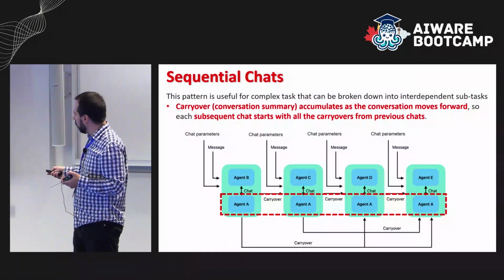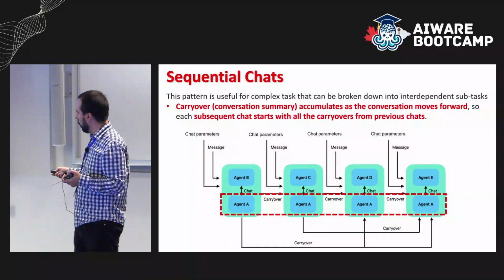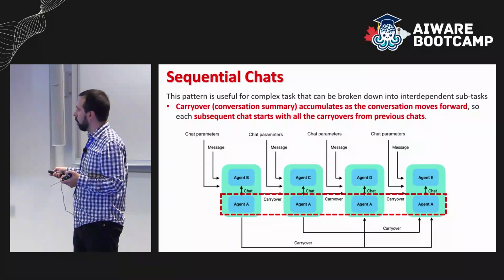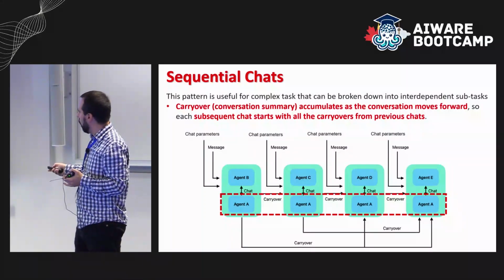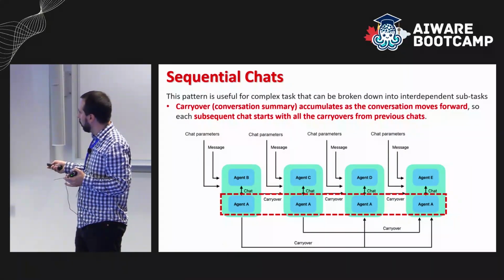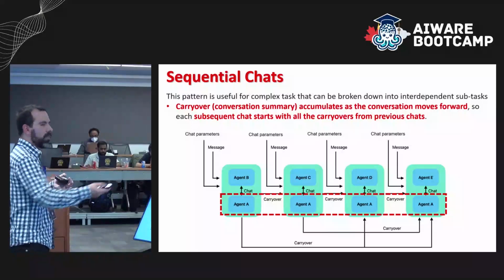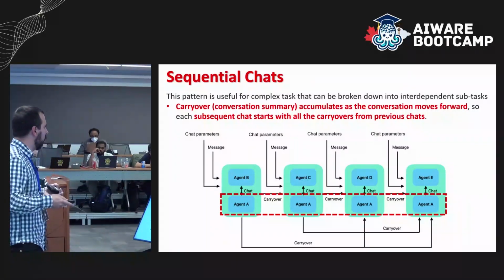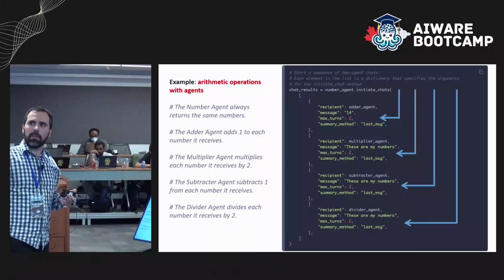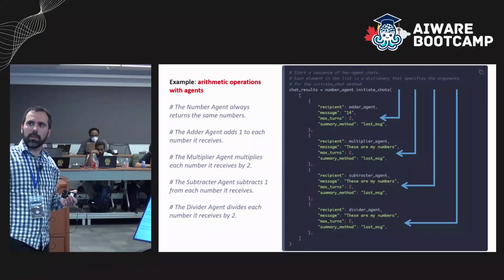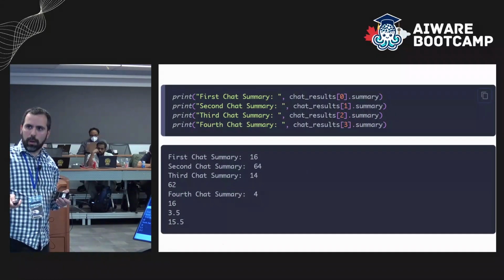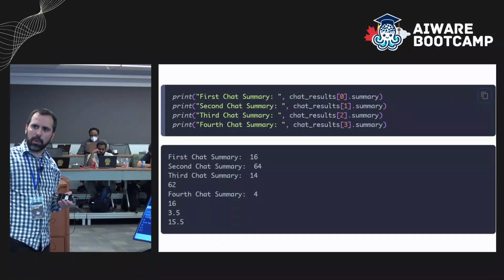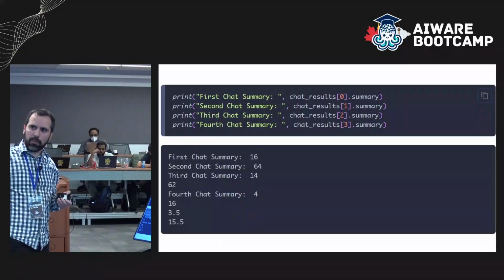But it also carries over the context, right? So you can have a message from A, and you can also have this summary as the context for that prompt. So you can have A sending a message and use this carryover as the context for that message that A is sending to C and A is sending to D. In this case, again, it's very simple. Basically, you're just taking the last message and sending it forward, right? Cool. And you see the carryover here. So it's 16 and then 64, and here 14, 62, then 4, 16. But anyways,